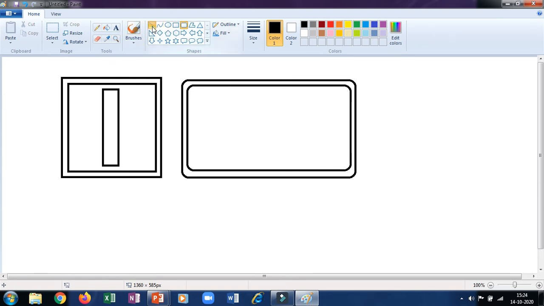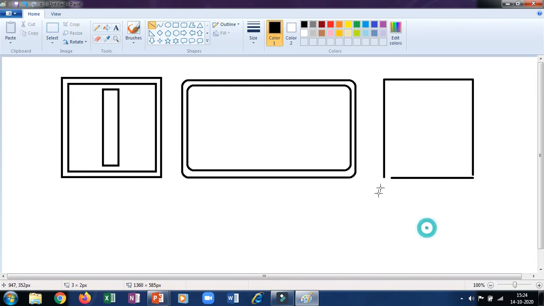Now let us draw one figure with the help of the line tool. If you want a straight line, you have to press your shift key and draw the line. While I'm drawing these lines, I'm using the shift key. If you don't use the shift key, your lines can be crooked, which is not a proper line, but when you press the shift key, your lines are straight. Okay, so let us draw a line. Here also there is a gap, so let us fill this gap.